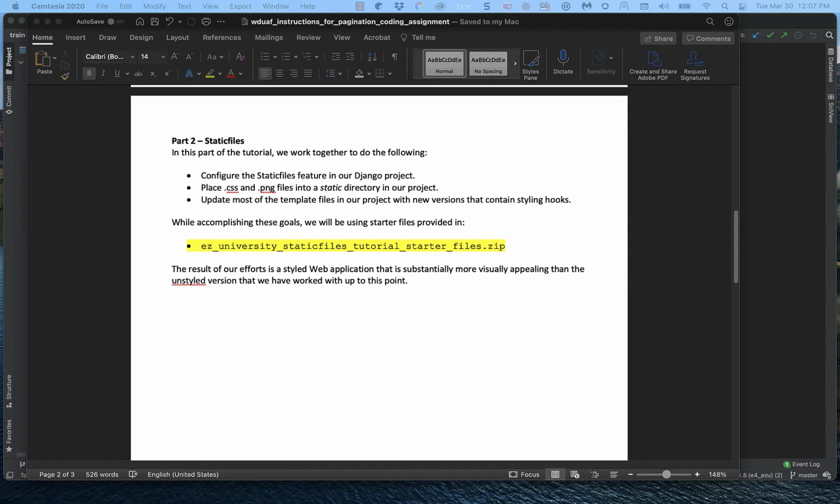And we're looking at the instructions here for this assignment. And in it, we're going to configure the static files feature of our Django project. We're going to place the static files into a special directory called static, and the file set we're putting in there are CSS style sheets and a PNG file with our logo. And at that point, we're going to have the styling